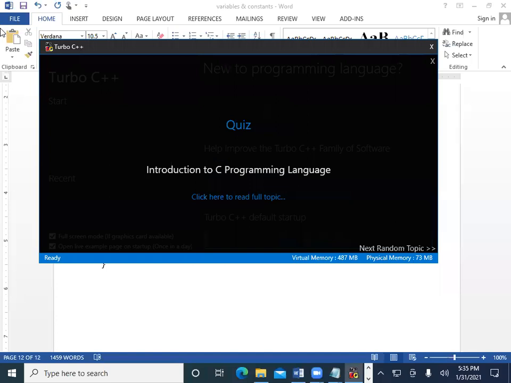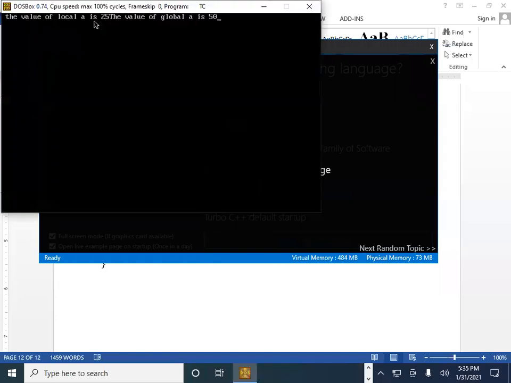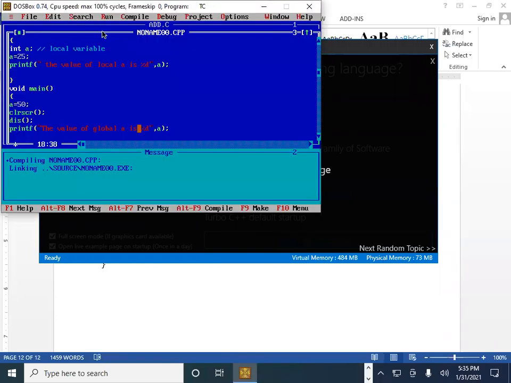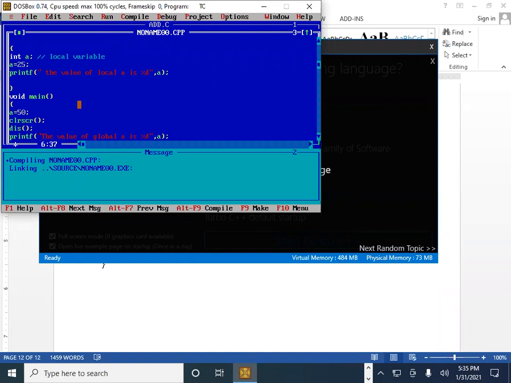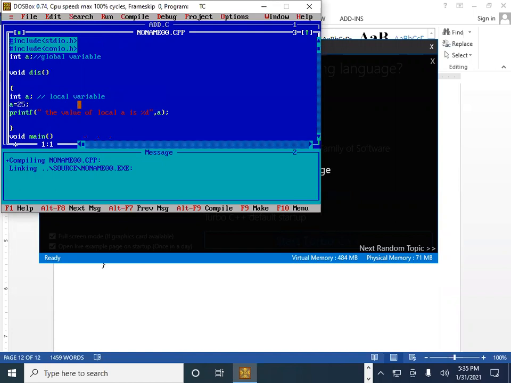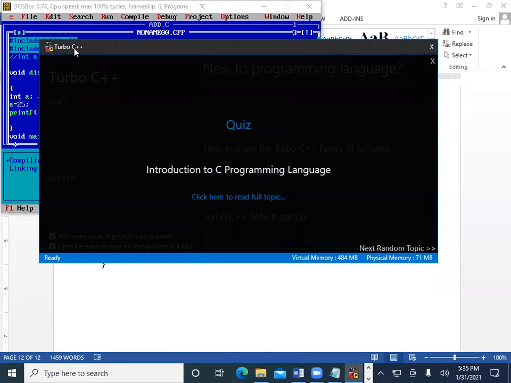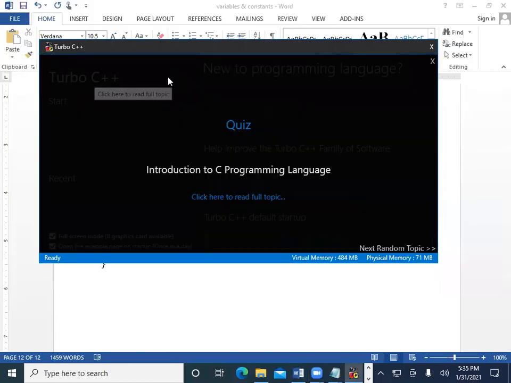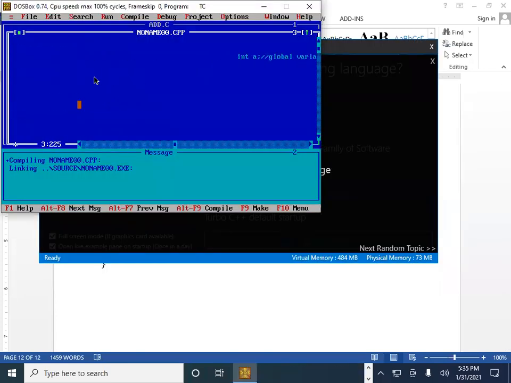If you are not defining it here, it will give an error, because it's a global variable, so its scope we can use anywhere in a program.